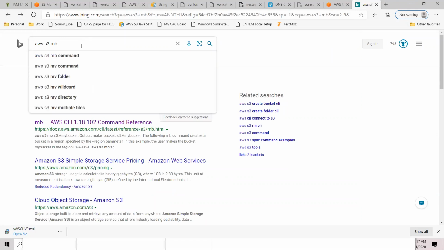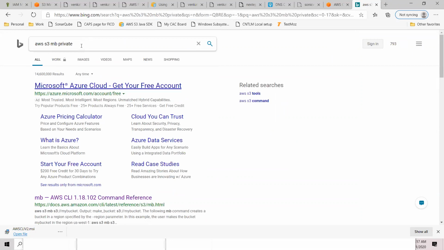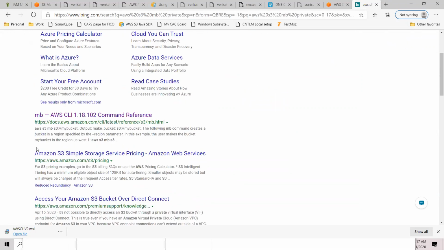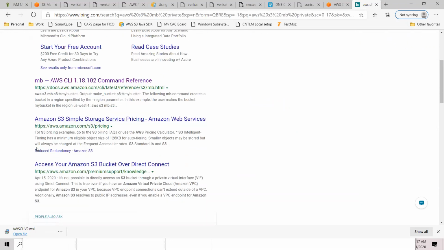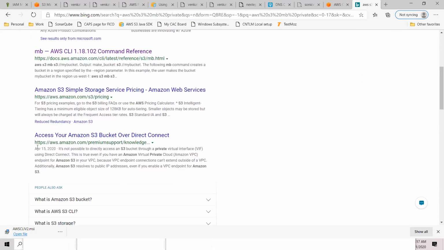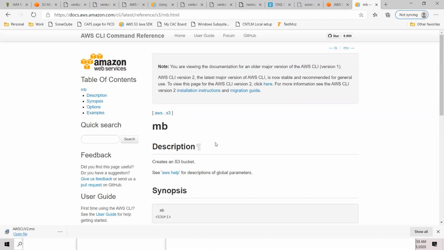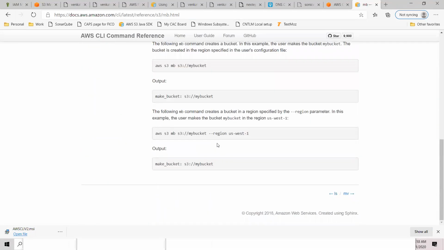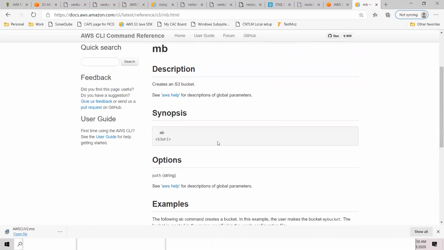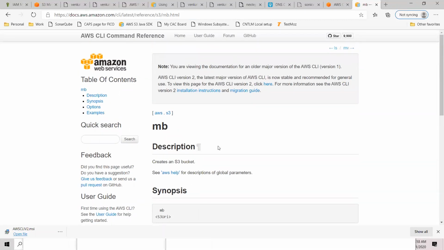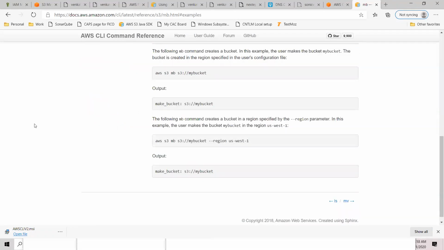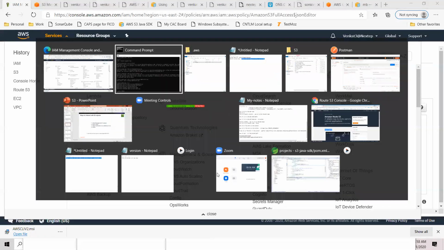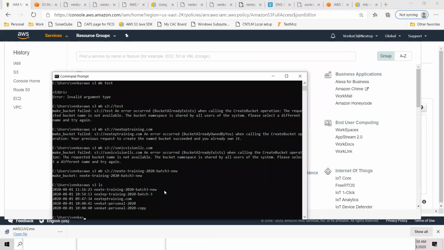S3 make bucket, default private. You just have to play with the options and do it. Okay, I can do it outside of it. Not a big deal. But essentially, that's the default option that's provided.